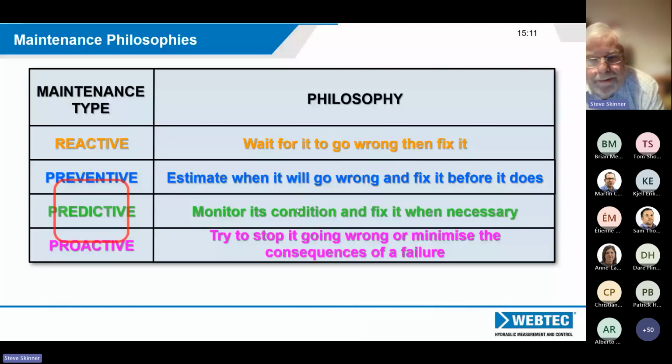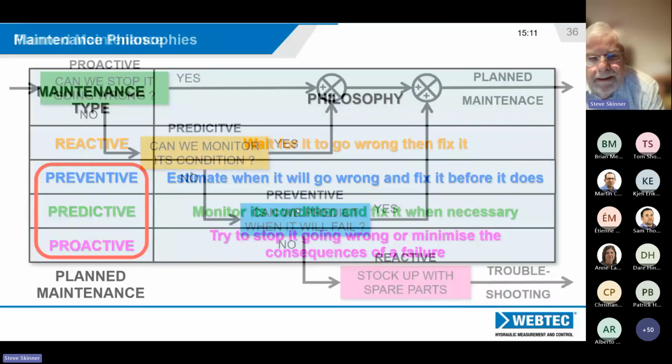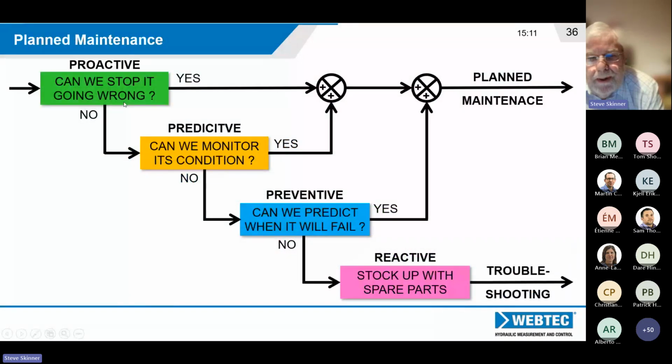So those are the 4 philosophies of maintenance, if you like. They're not mutually exclusive. There's no reason why we can't combine them together. If we can stop something going wrong, then all well and good. But if we can't, we ask ourselves, can we monitor its condition? If we can't do that, can we predict when it will fail? And if we can't do that, then all we've got to do is basically stock up with some spare parts and make sure that our maintenance people are well trained to spot any problems and know the procedures for